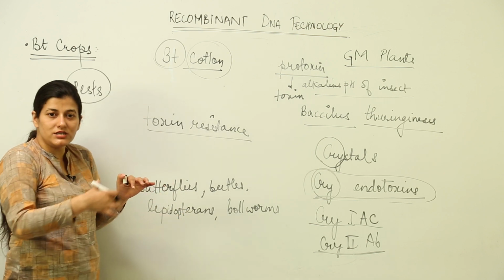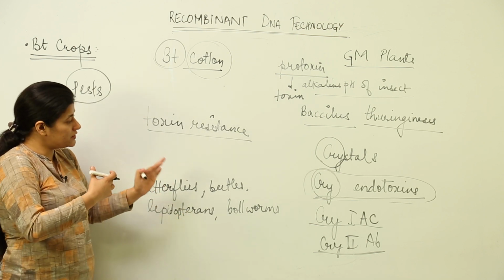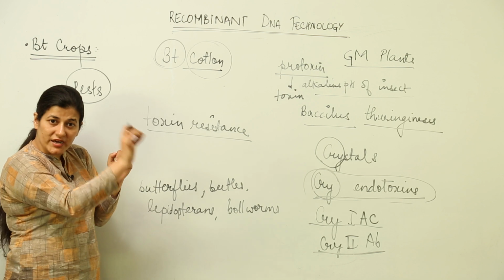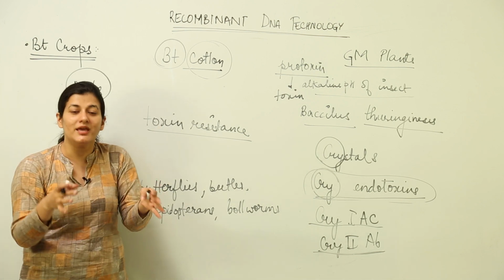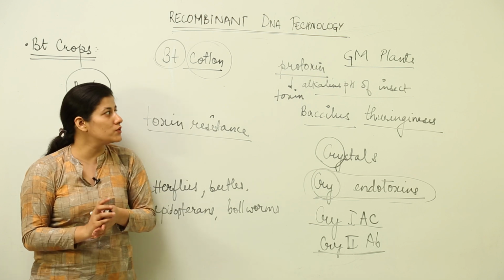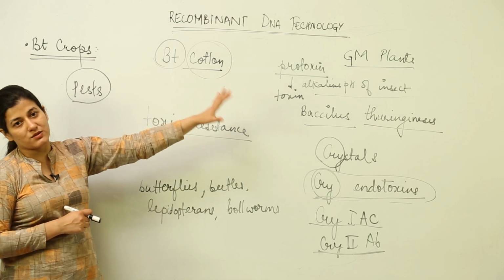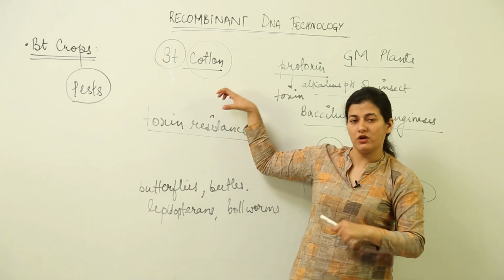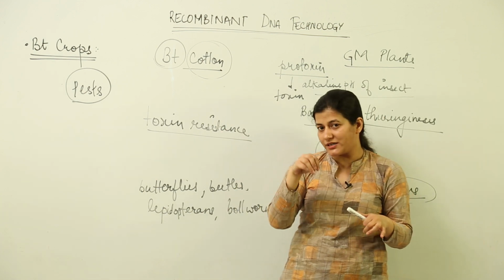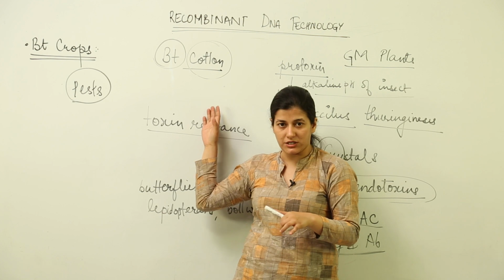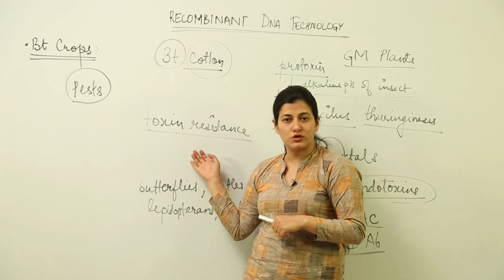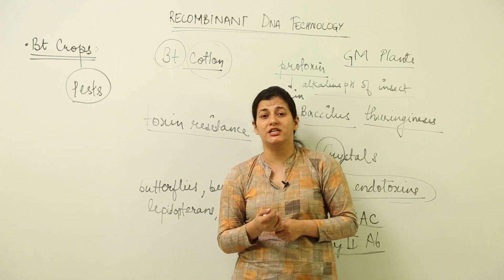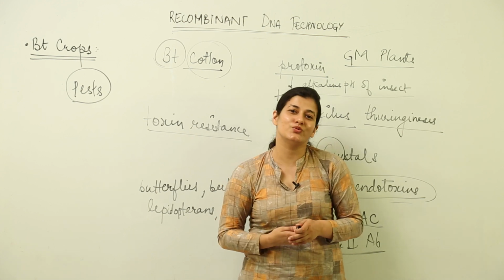Alright, they are developing an internal resistance. Okay. So, not just those insects, but those which feed on these insects are also harmed. So, in a way, though it was quite specific, once put into the ecosystem, it can have adverse effects. So, this was all about the GM plants and specifically the Bt crops that we had to discuss. With reference to Bt cotton, we got an idea what all other Bt crops would be targeting, what is the purpose of introduction of these Bt crops, and the shortcomings that we had discussed, that also we saw. We are going to see other aspects as well in terms of shortcomings of these genetically modified plants when we study ethical issues in the next chapter.